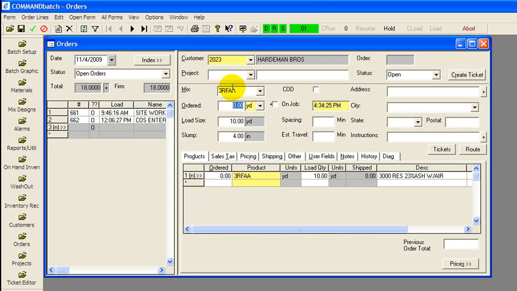It'll take you down to ordered. Ordered is how many yards they've ordered. Put in 18. That's what we have on the ticket. We have 18 plus. Now, if you were to put in, let's say they ordered 6 yards, and you hit tab to go to the next one, it's going to say load size. The load size is how much you're going to actually put into the truck. Now, if we only do 9-yard loads, so if you put 6 yards in as ordered, it'll put 6 as a load size. But they're doing 18, so as soon as you put in 18,